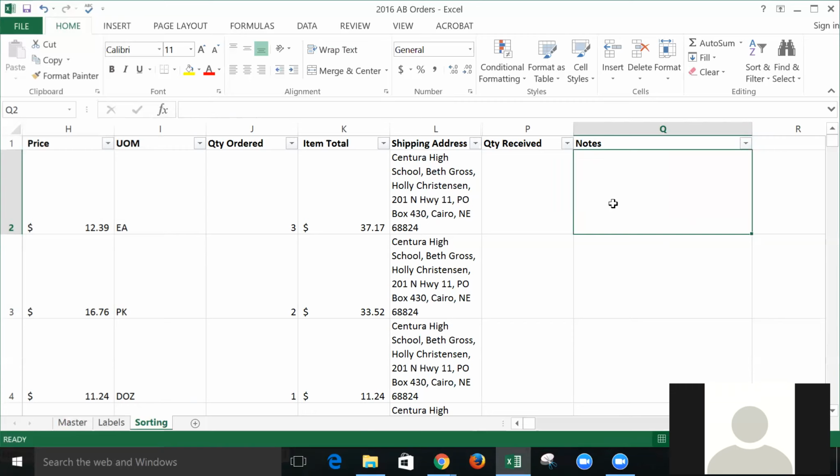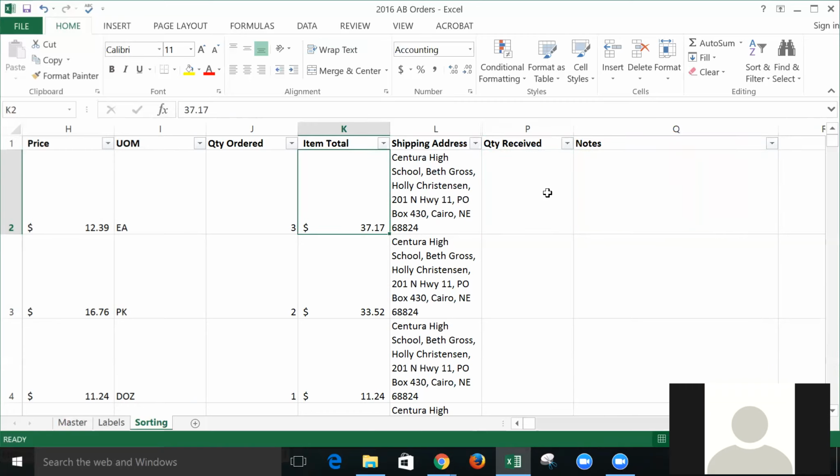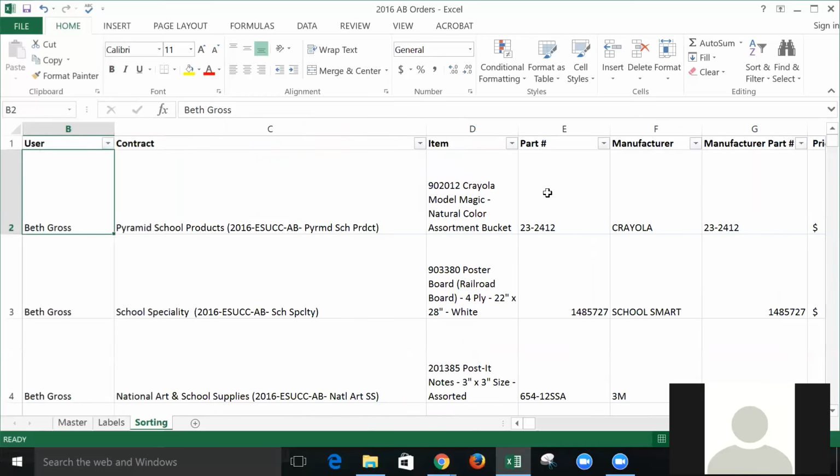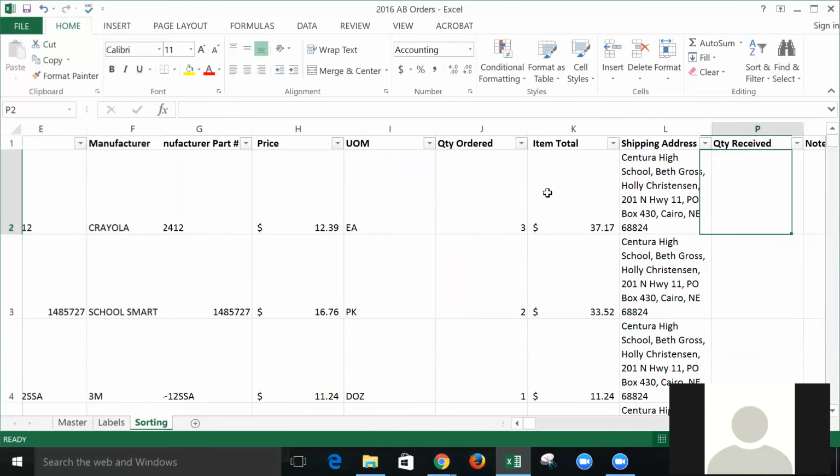So it's just kind of a free-for-all column to keep track of things, and as things happen, you'll have a lot of items coming in, so you need a way to keep track of those issues, if you may, as they've come in. So at this point, we have everything we need, probably